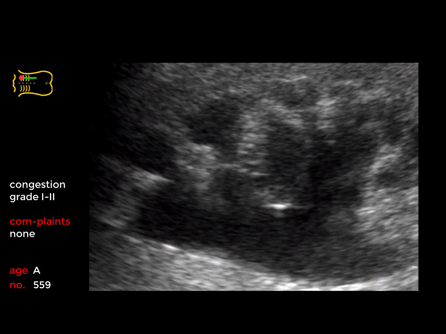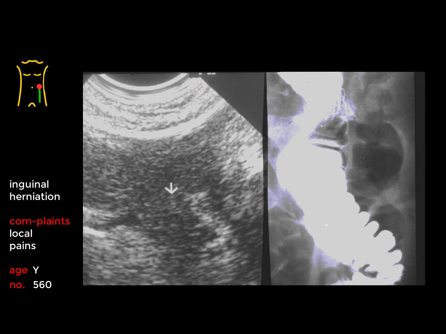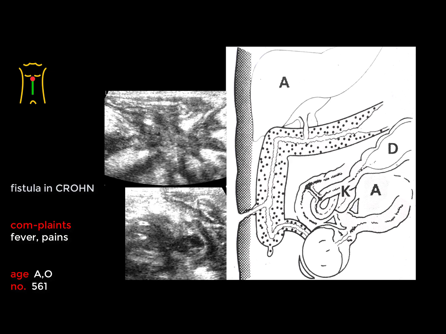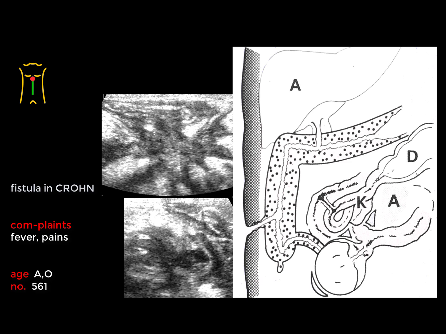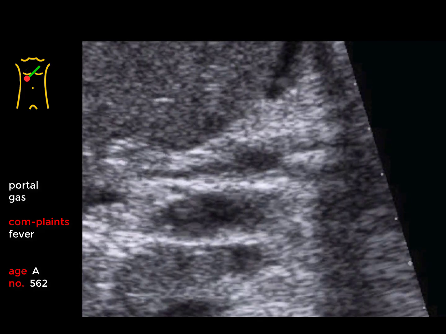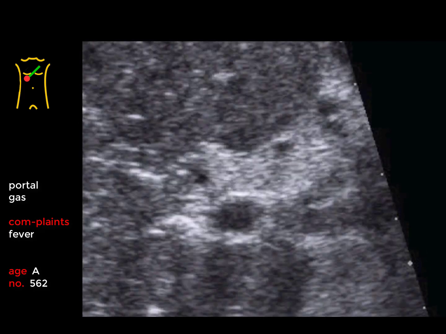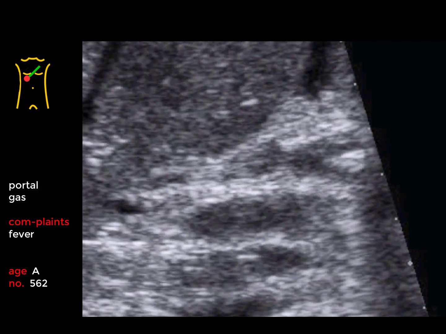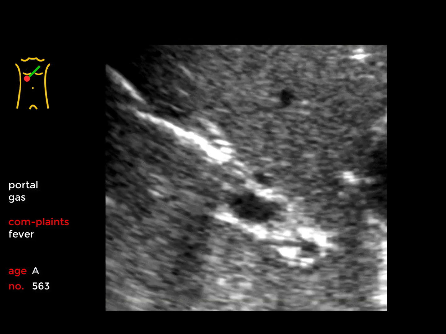Similarly, in 559, note the puncturing fine needle tip in anterograde urography. 560 shows the typical features of an incarcerated inguinal hernia. Here in 561, fistula and the course of Crohn's disease are shown in all their diversity. And here in 562, please note the influx of floating gas bubbles into the portal system, indicating a serous abscess